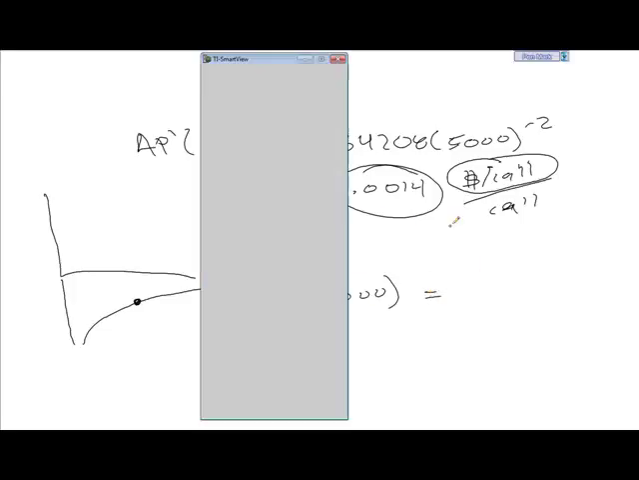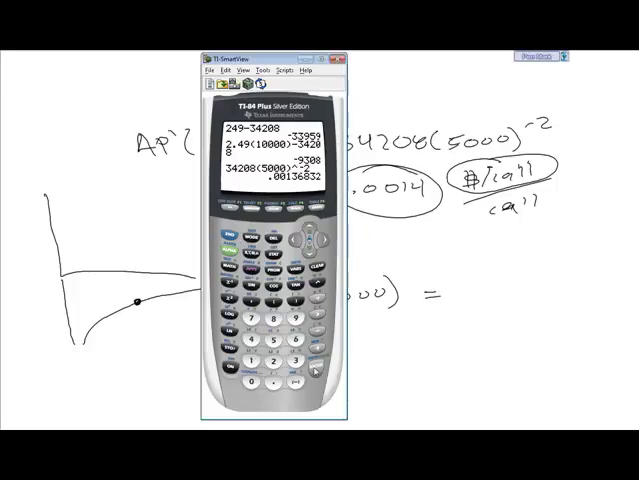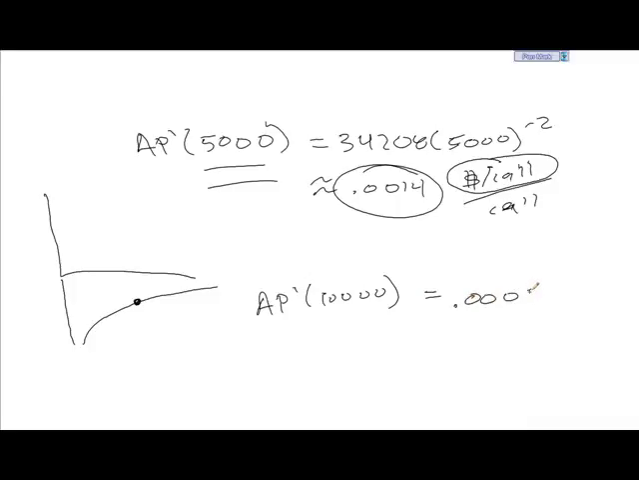Now, AP prime of 10,000 is going to be the same thing except evaluated at 10,000, so I will go ahead and hit second enter and just change my 5,000 to a 10,000. And I get something very, very small, 0.0003 dollars per call per call. Wow, okay, so as I begin to make more calls, each additional call doesn't affect my average profit very much,